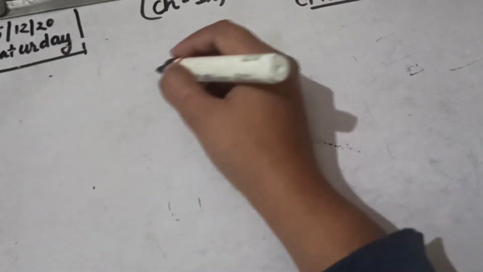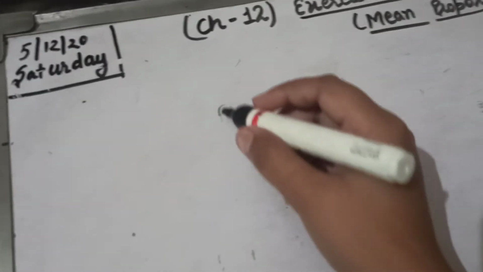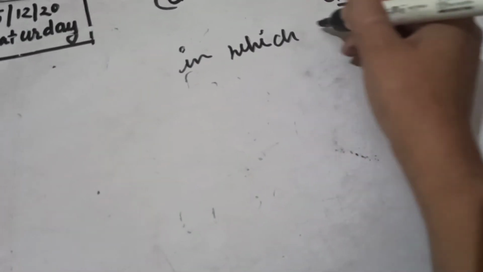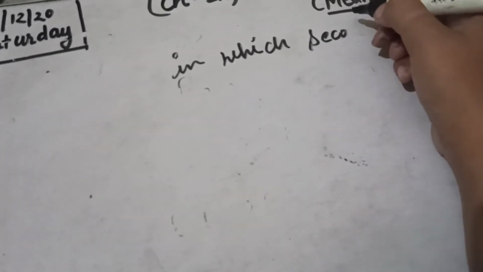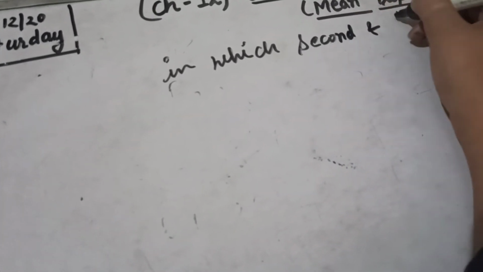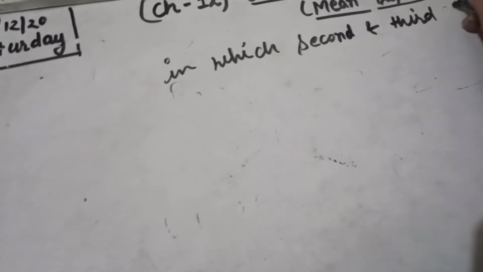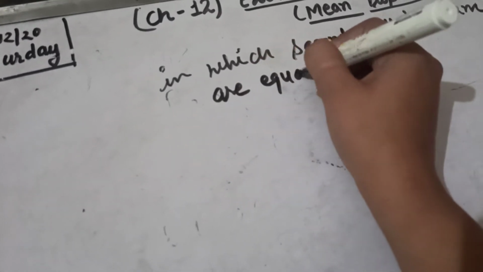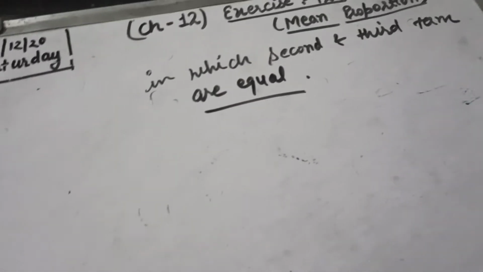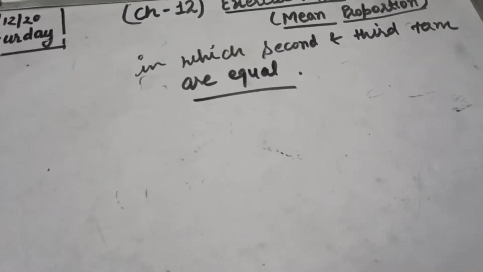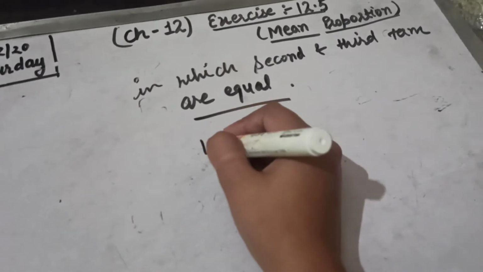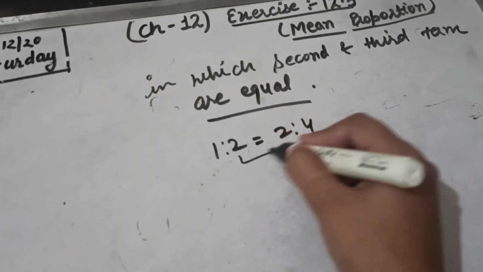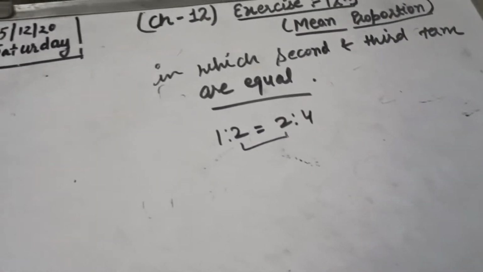Now I hope you understand what is mean proportion: the proportion in which the second and third terms are equal, right? The proportion in which the second and third terms of the ratios are the same, like 1:2 equals 2:4. Clear? Second and third terms are equal, that is called